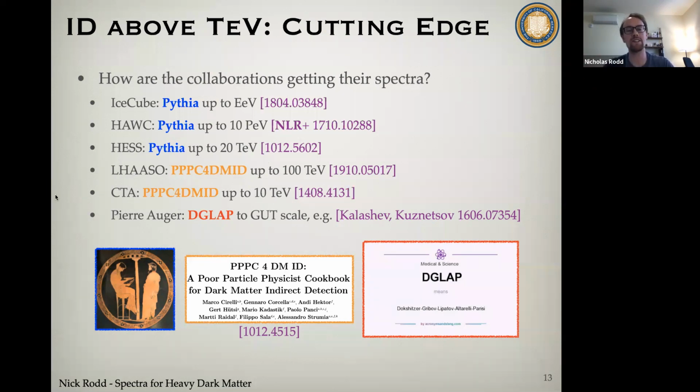Further, if we go to these highest energy cosmic rays like those collected by the Pierre Auger Observatory, I'm not aware of the actual collaboration doing dark matter searches, but external authors have. And so, for example, these authors here, there's been a number of works, this is just one example, but what they did to get their dark matter spectra was they took some low energy fragmentation function, like the b-quark fragmentation function that's been measured, and then used pure QCD DGLAP evolution to evolve that fragmentation function all the way up to, say, the GUT scale, where they imagine their dark matter lived. They used that to get their spectrum out, and this was how they got their predictions for what Pierre Auger should see.